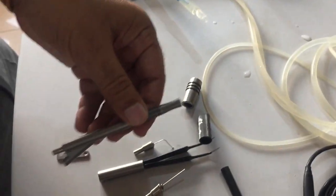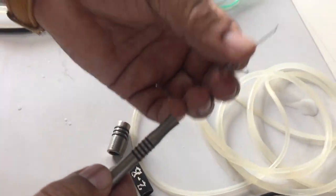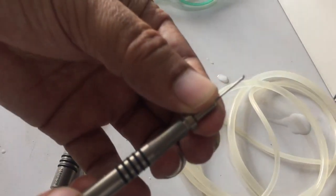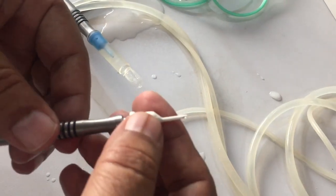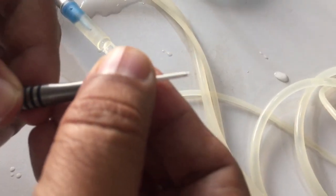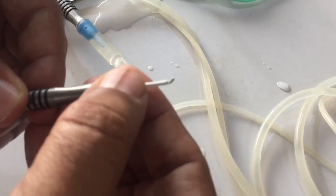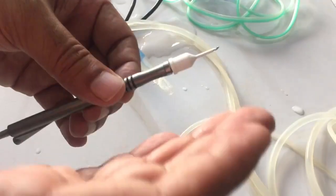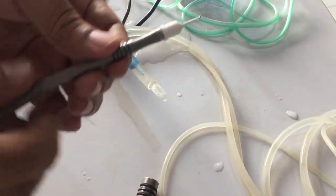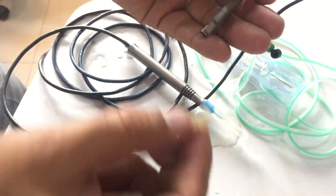After removal of the nucleus, you will remove the cortex. Here is the coaxial I&A handpiece. Here is the tip. You can mount the tip by just pressing it, and then you mount the sleeve on the I&A. Be careful, the tip should come from the center of the sleeve, not on the lateral side of the sleeve support. So you can disconnect the I&A tubing from the phaco handpiece, and then you